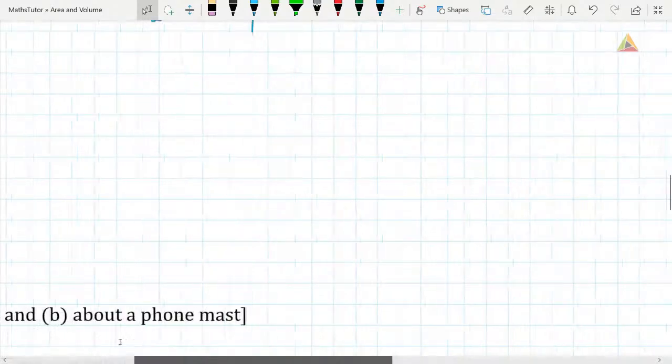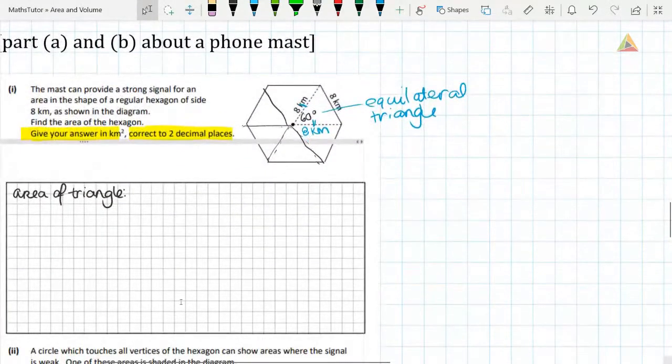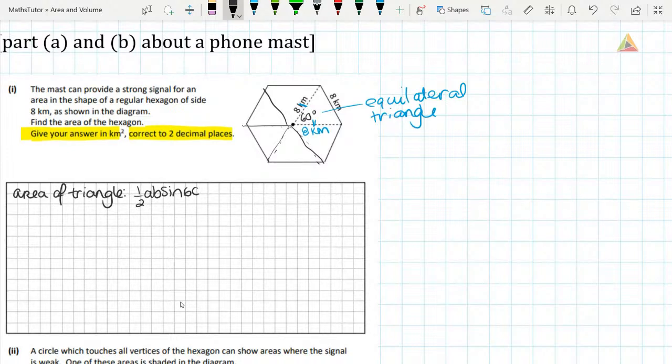So we'll come back down to our hexagon, and we're going to use this formula to work out the area of one of the triangles that makes up this hexagon. So we'll write out our formula. So our formula is a half AB sine C. And we're going to say, well, we know 2 distances that meet at an angle. So we're going to say it's a half by 8 by 8 by the sine of the angle 60. And once we have our formula and we have all that written, we can put that into our calculator, and we're going to get